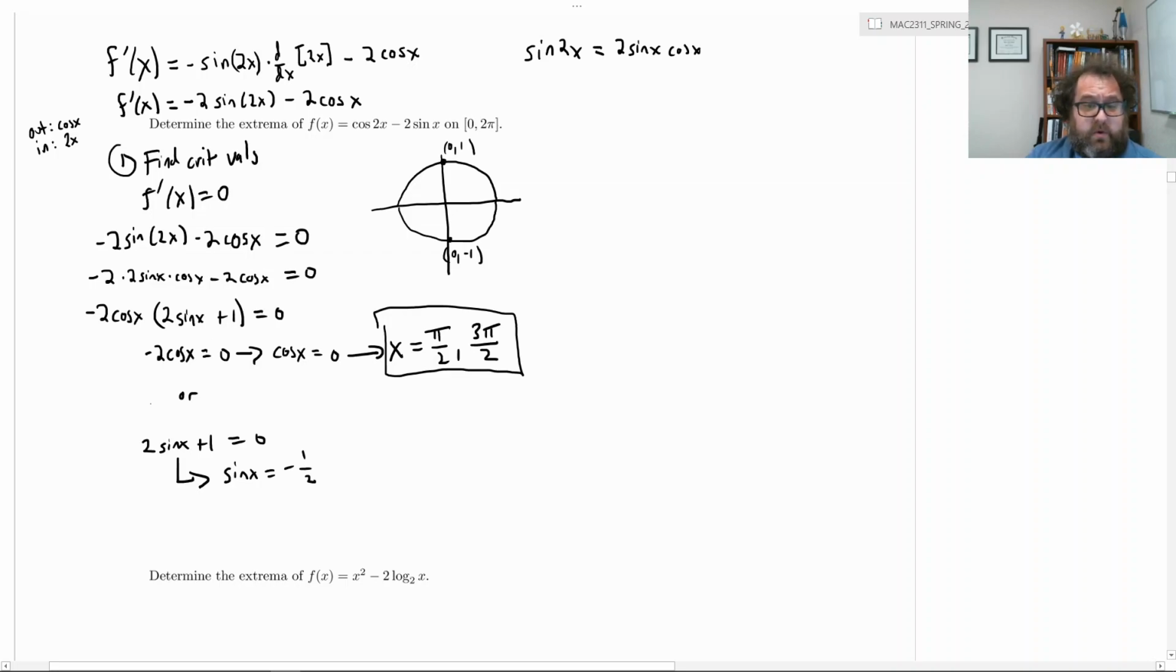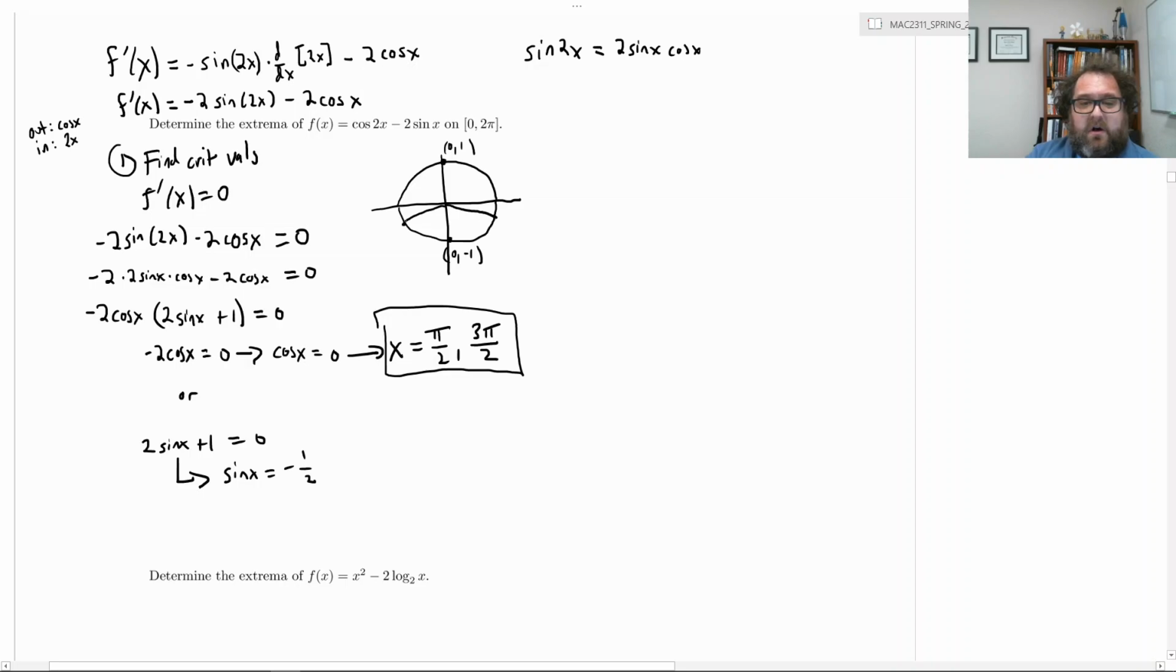Okay, now what about the second equation? Sine is -1/2. Well, where is sine negative? Sine is negative in quadrants 3 and 4. The y values are negative below the x-axis, so in 3 and 4. Now, where does the sine value have anything to do with 1/2? Well, 1/2 would be like right here,